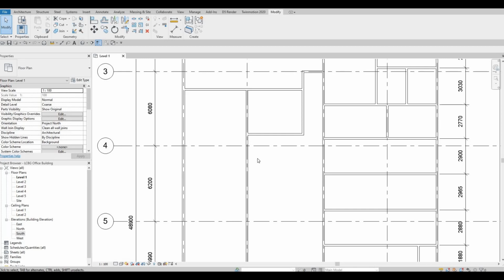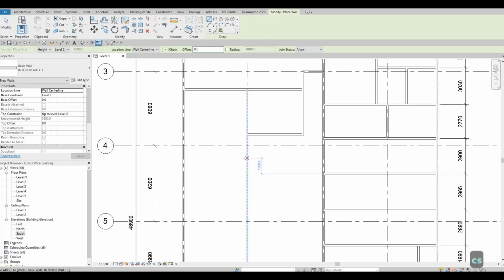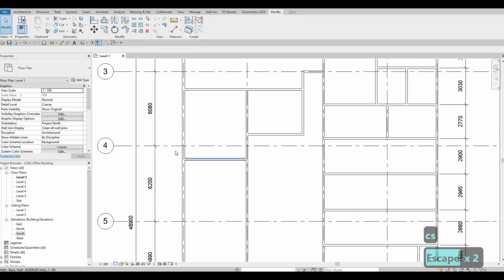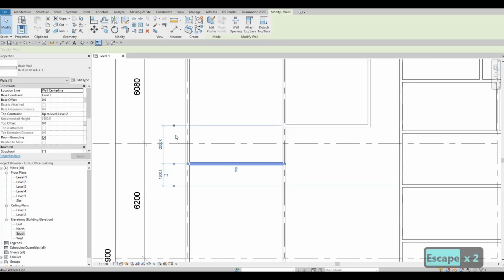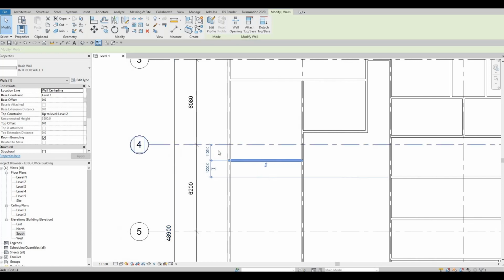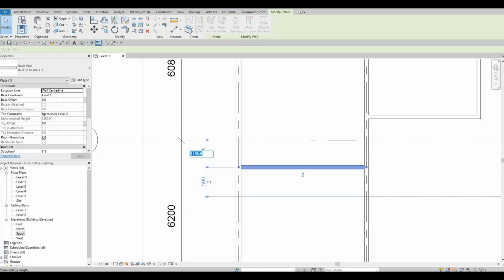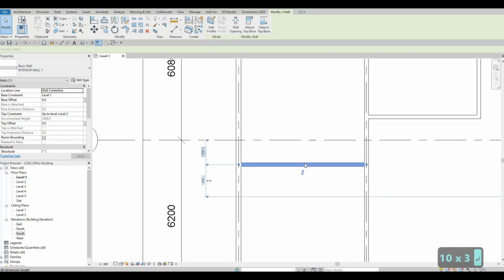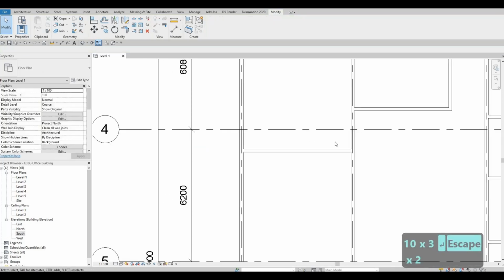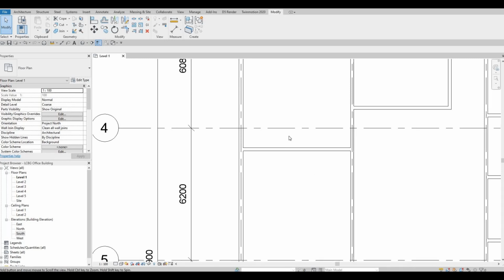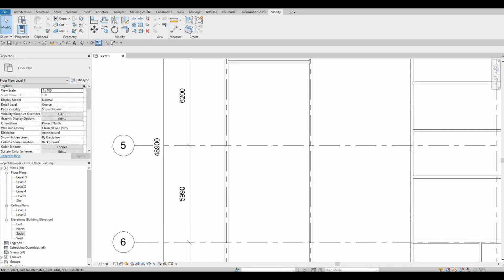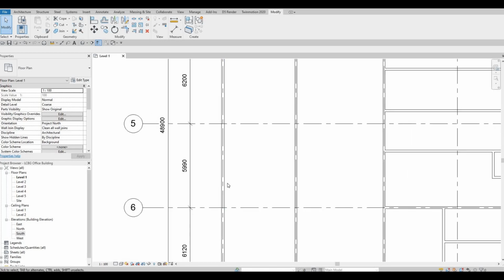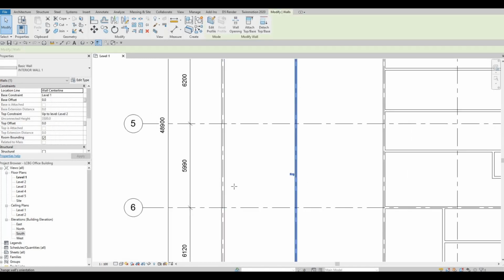We're also going to add in a wall right here. So same wall, click on the wall, CS, and around, let's see, from number 4 grid line, around 1000 would be good enough. This will be another meeting room, and this will be the boardroom. So the boardroom will be up to around here. So we're gonna add in the wall again, CS,